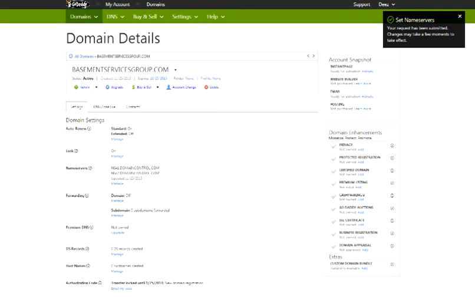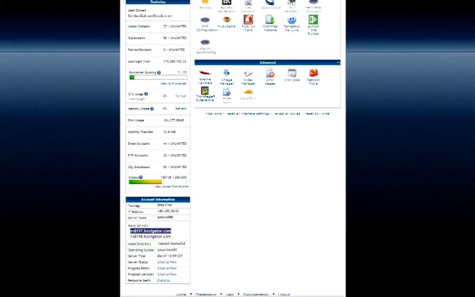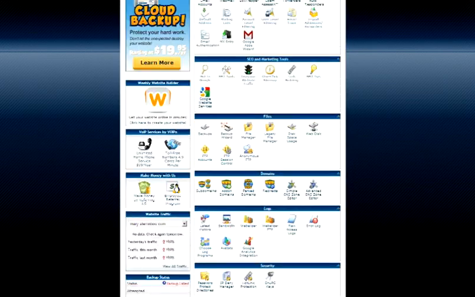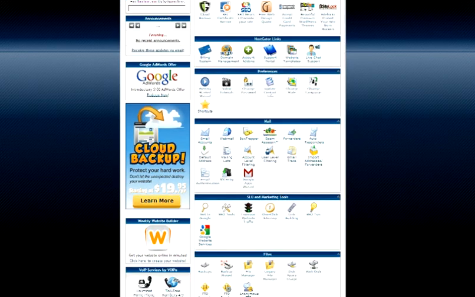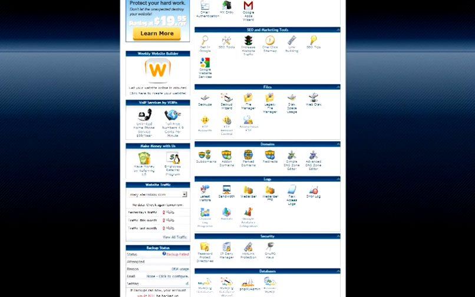Your next step is to go to your HostGator account. We need to add these domains. If you do have the HostGator account, you're going to have your control panel. This is where you can do all kinds of things. But for today, we're going to need to add that domain. So we're going to go to the domain section of the account, and we're going to add the domains. That is by add-on domains. I'm going to click on that,